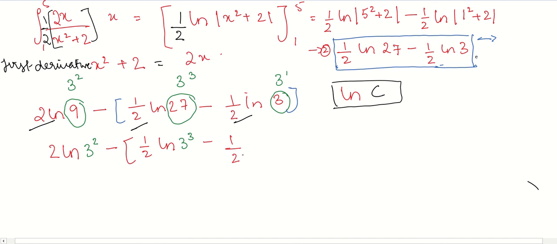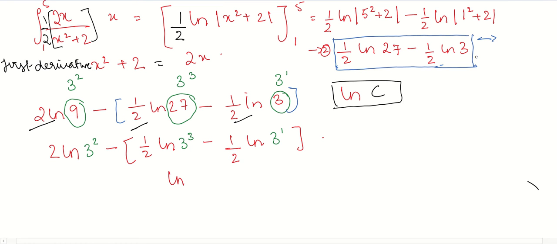So 1 by 2 ln 3 to the power of 1, okay? Now let's not consider this part, we're considering only the brackets right now, okay? So what you can do right now is that you can write ln,